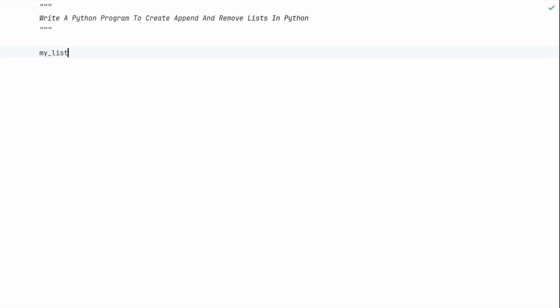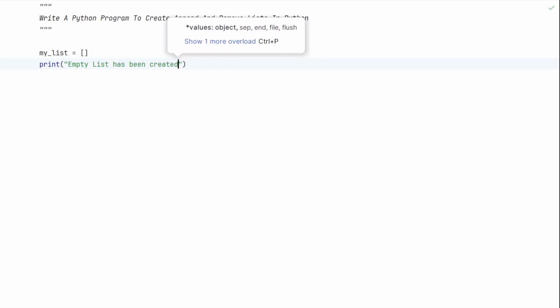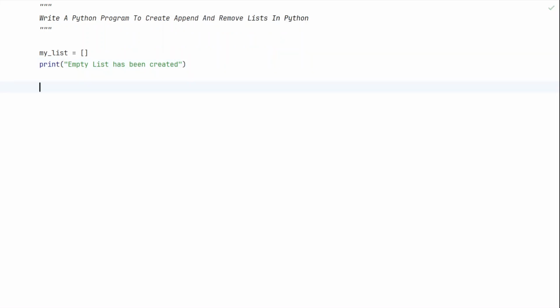Let's take a variable that is my list and assign it to an empty list. So let us try to print a user-friendly message. So empty list has been created. Yeah, so once we are done creating the list, let us try to use the infinite while loop